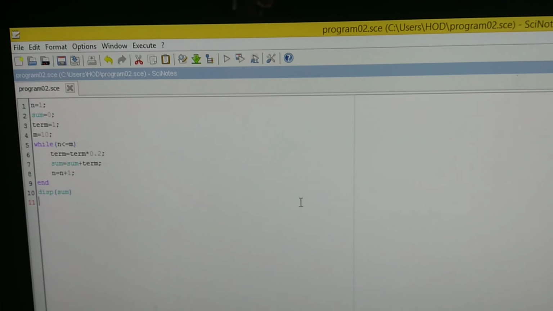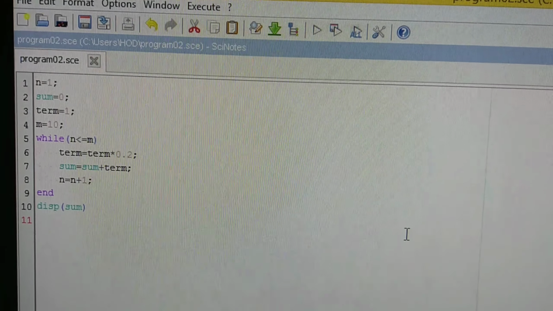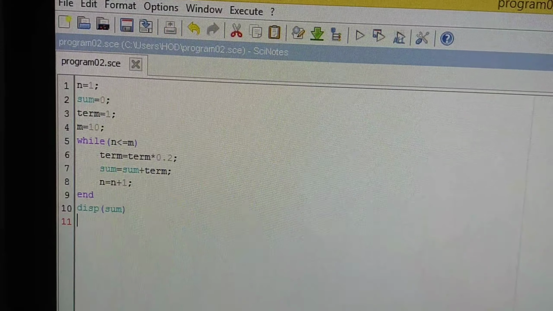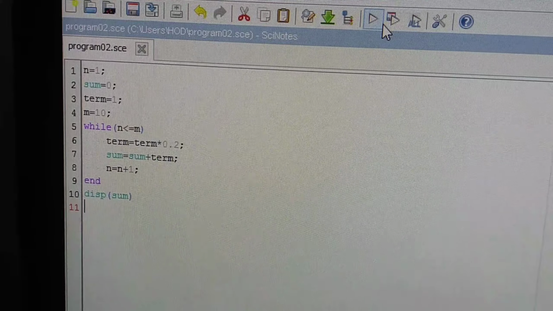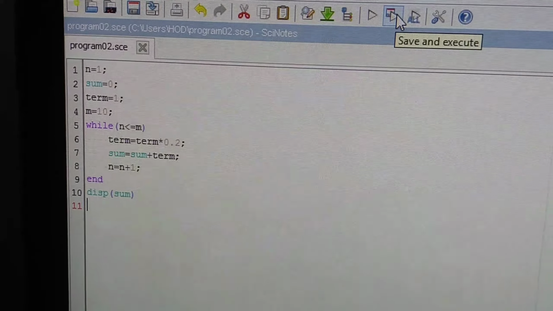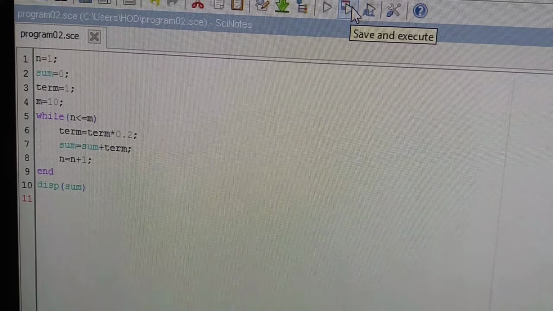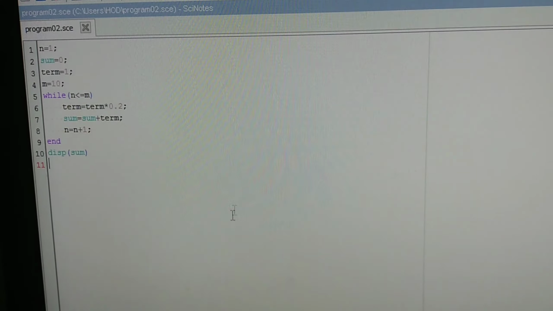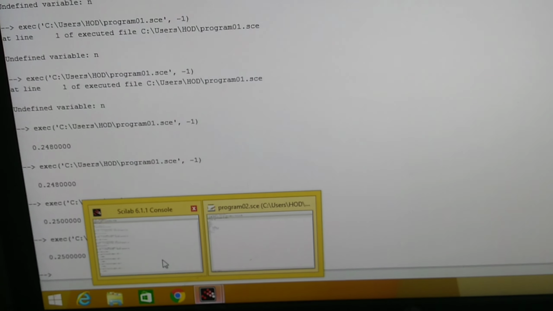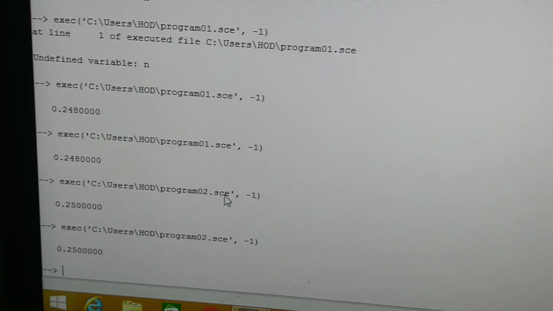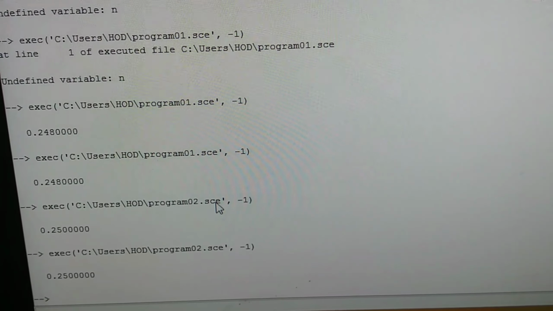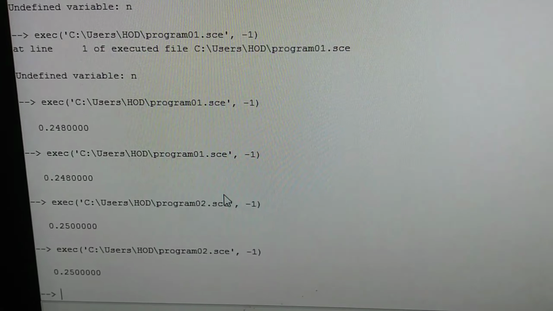So write the program as shown in the video in SciNotes, and after save and execute, you will find the answer of the summation, which will be equal to 0.25. You can see it clearly.